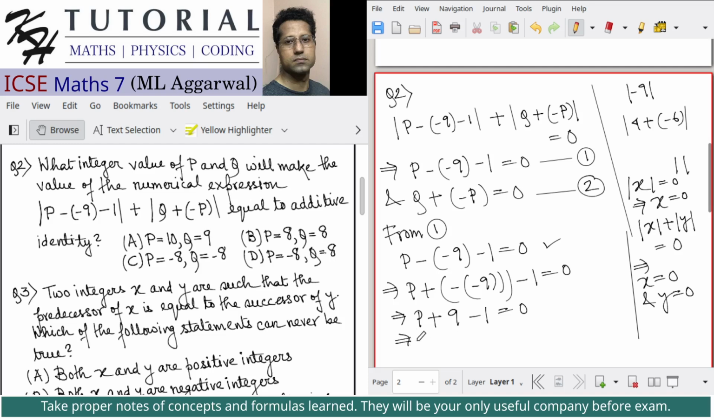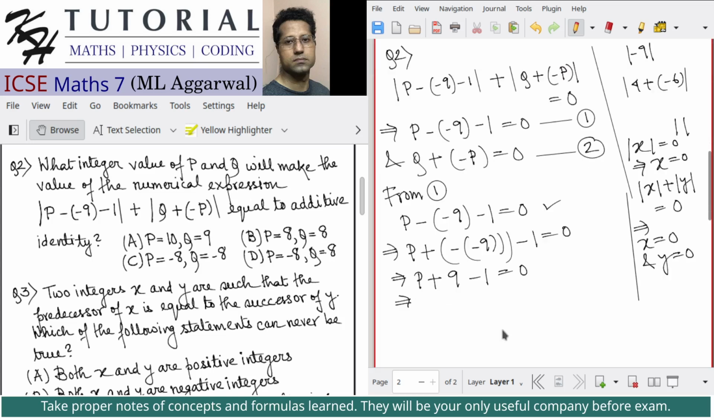Now this is a simple linear equation in one variable, which is P. I think you have already done a linear equation in one variable in class 6. I am not sure. If not, definitely you will do it in this class. Anyway, even if you are not aware of solving a linear equation in one variable, how will I find the value of P? So now this is P plus 9 minus 1